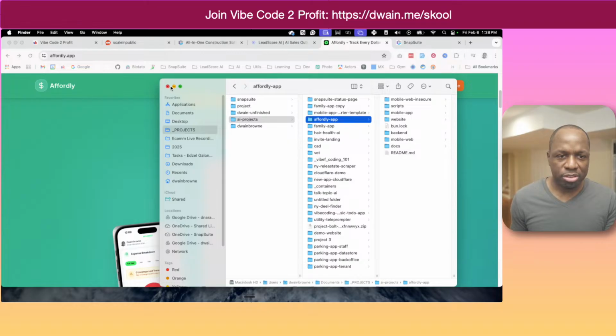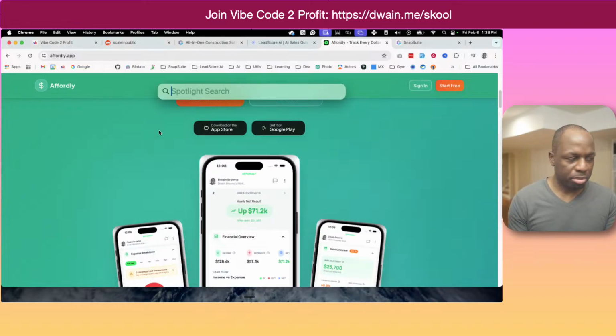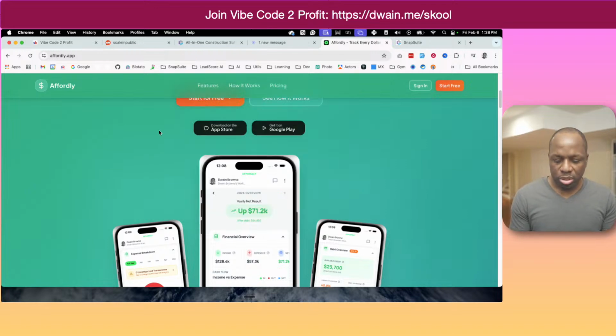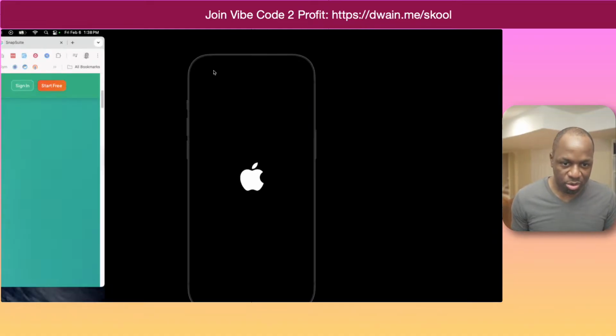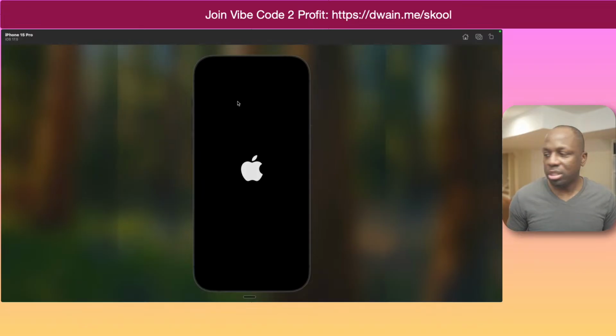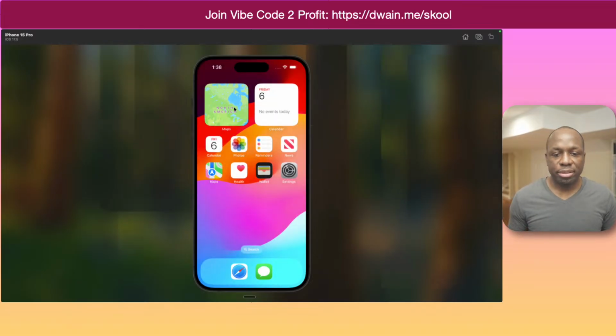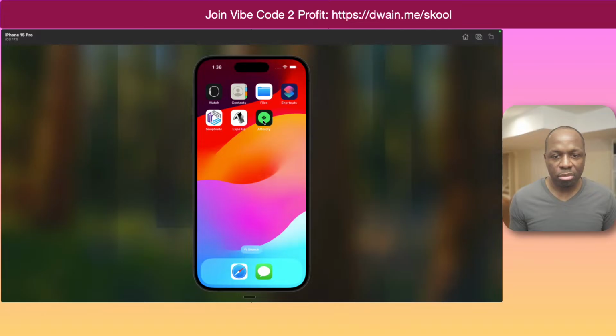I'm just going to start my simulator here. Right, so this is a PWA. I'll show it in a second, once it actually loads up properly.